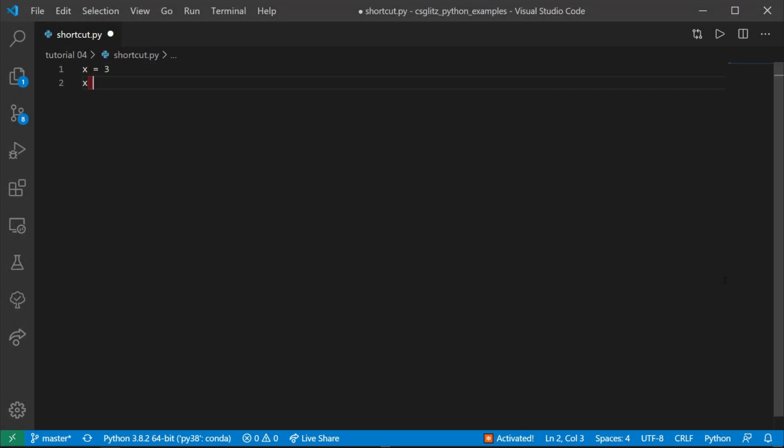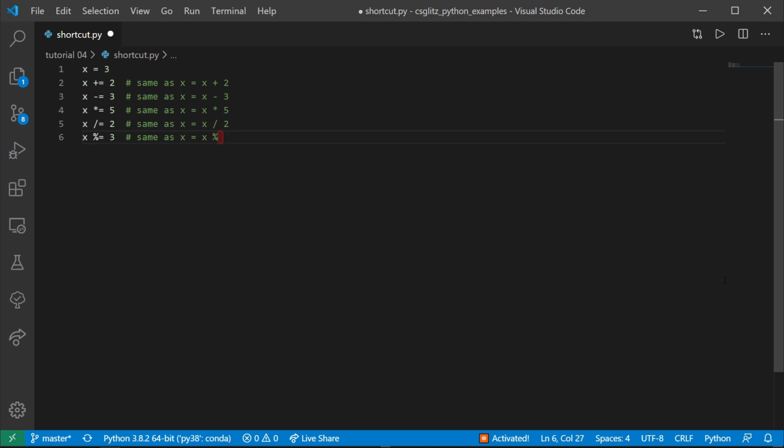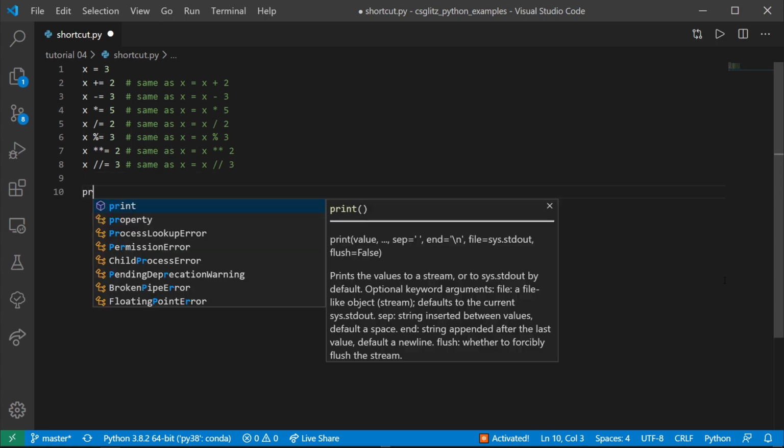There are 7 arithmetic shortcut operators: addition, subtraction, multiplication, division, remainder, power, floor division. Let's print the final value of x.